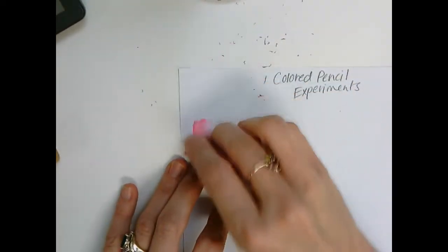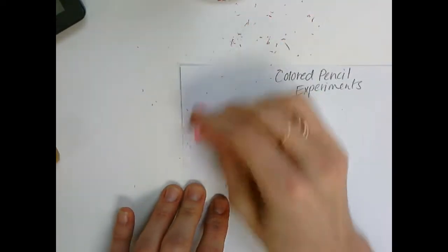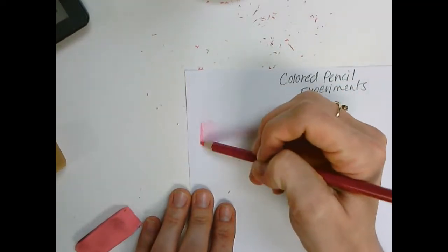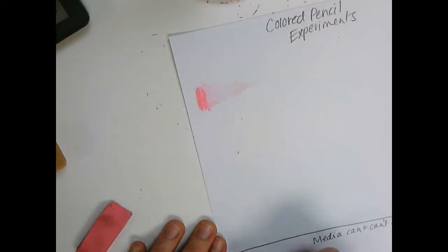Colored pencil kind of erases, but it really doesn't erase that well. Okay, I'm putting on as much pressure as I can erasing this, and it's still not completely gone. So it can erase, but it definitely has pure color there. So what I would want to write down, and I can write this in my colored pencil,